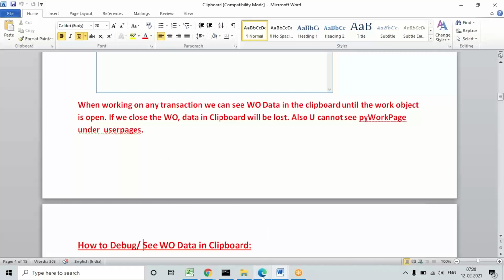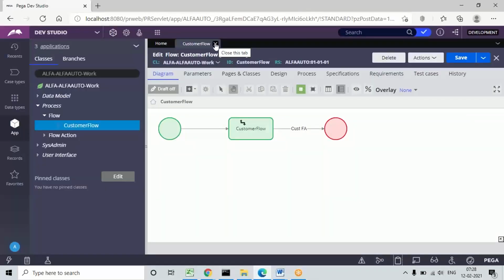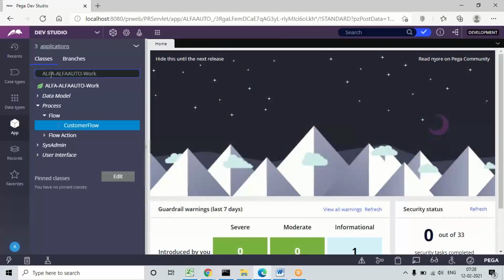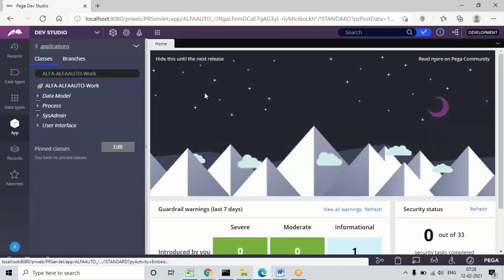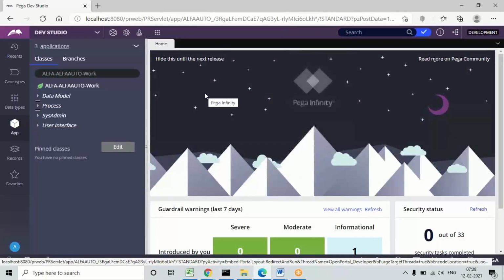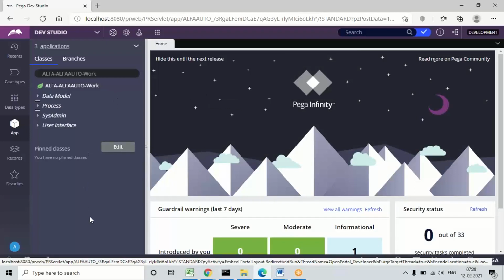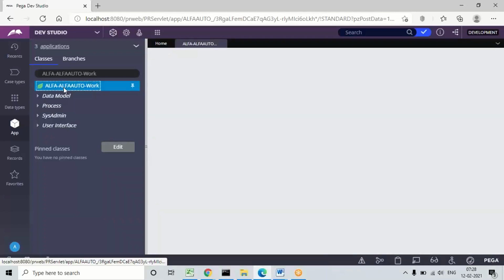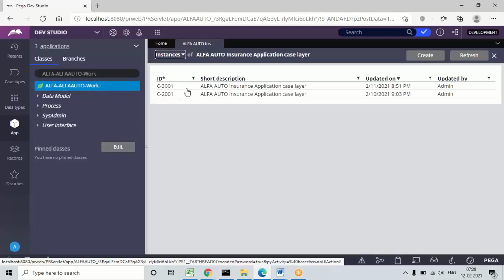In real time, multiple developers will access the same application and execute it. All operators will have the same access, but their user IDs will be different. If they want to see how many work IDs are created in the application, that is how many times the flow is executed, click on the class group name. On the right side you can see how many work IDs are created. In this application, 2 IDs are generated.